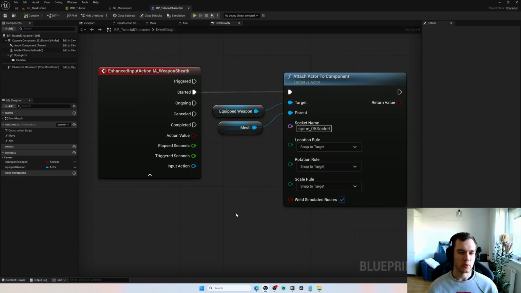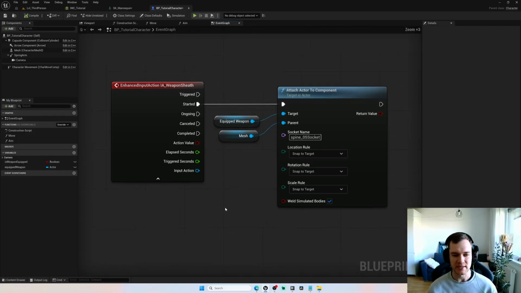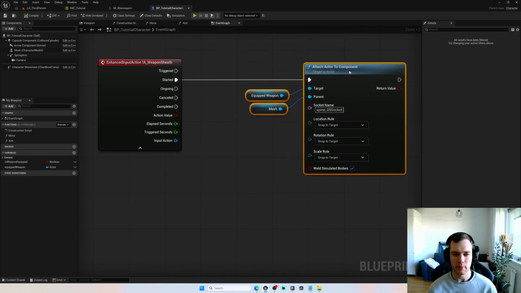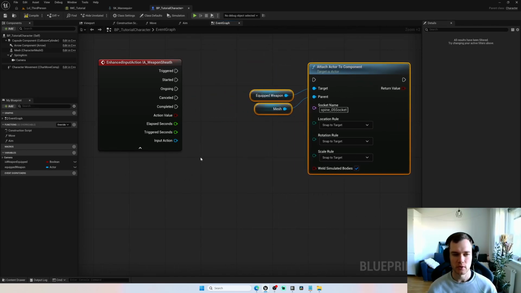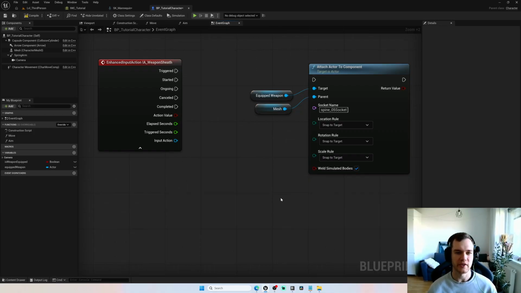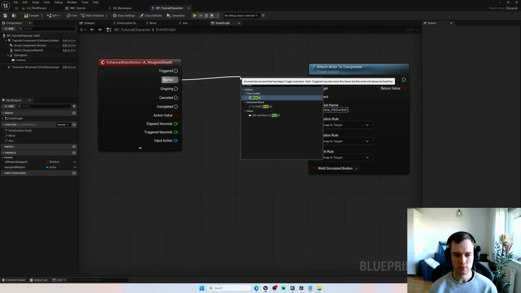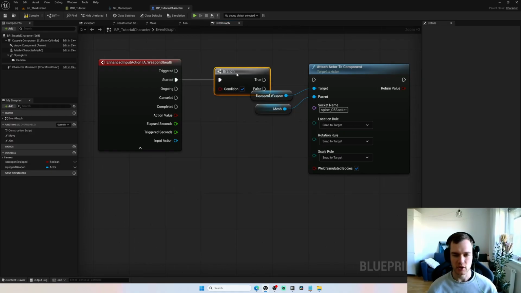Now, there is one thing that I would like to improve. Right now, the code runs every time the user presses the E key, which doesn't always make sense because the weapon is not always equipped. So I'm going to add a branch node that only allows us to trigger the rest of the code whenever there is an actual weapon equipped. So I'm going to drag from the started pin and type branch,